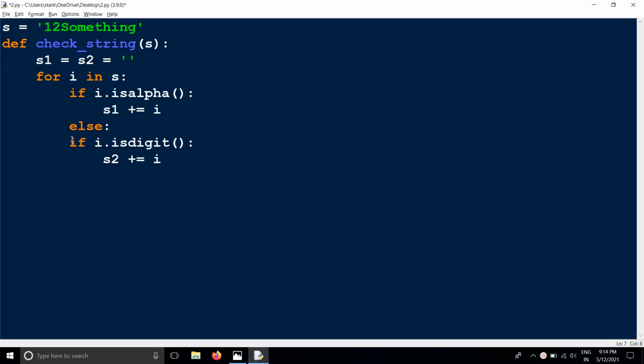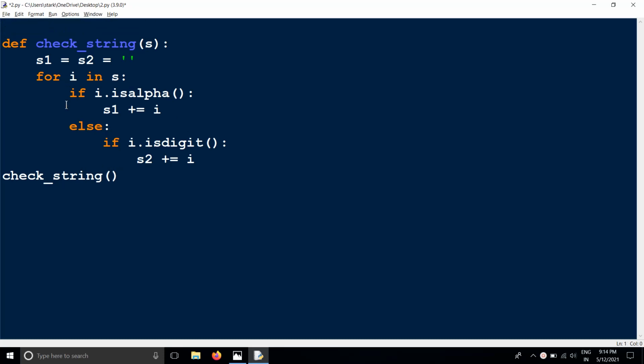So now I'm going to call the function name here. So what is the function name? check_string, and then I'm going to pass the string inside it, at the ending of the function.